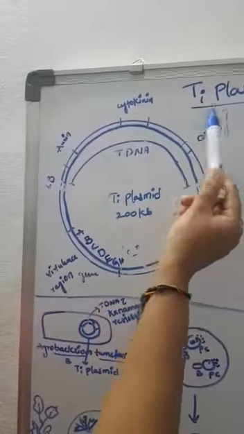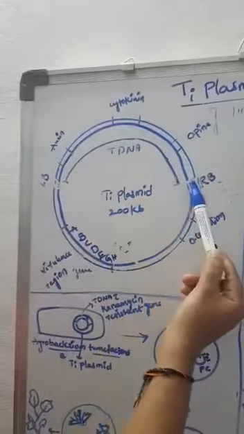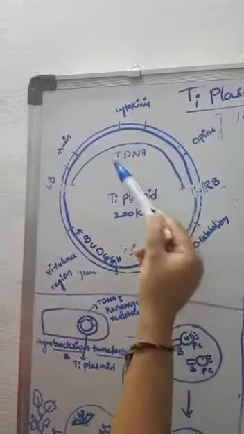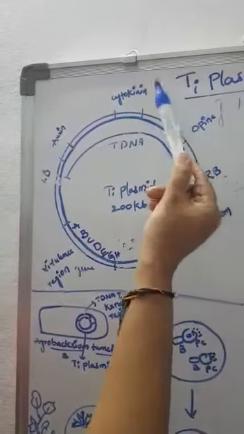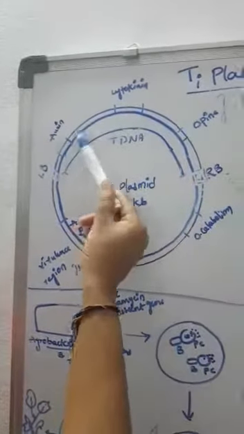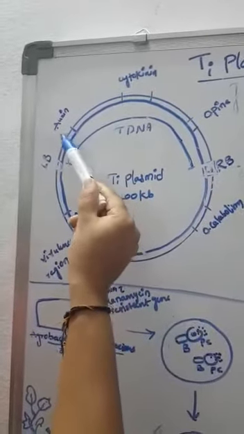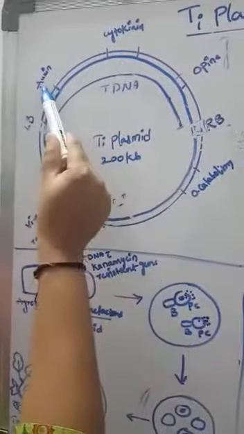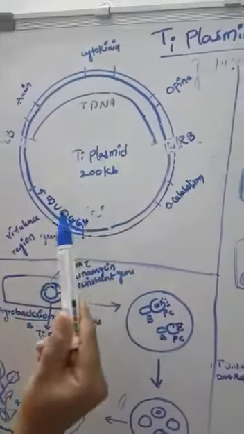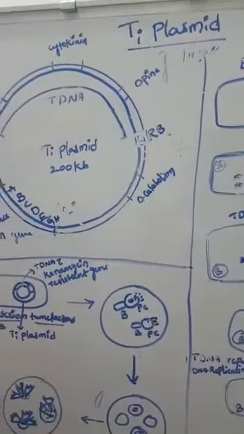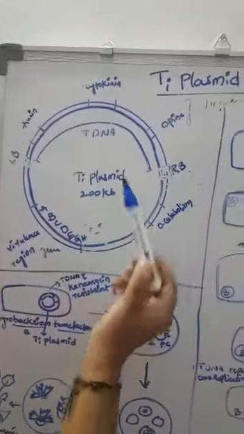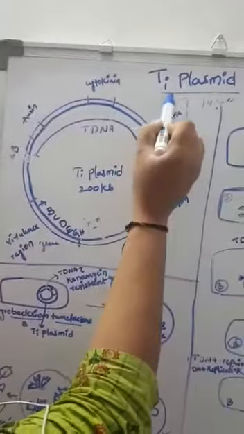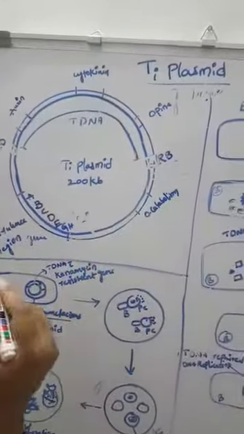Likewise, the fragment of the TI plasmid, the tDNA portion which is transferred to the other host, causes tumors in the host plant due to these genes which are involved in the production of auxins and cytokinins, which alter the regular functioning of the host plants and cause the formation of tumors in the plant.